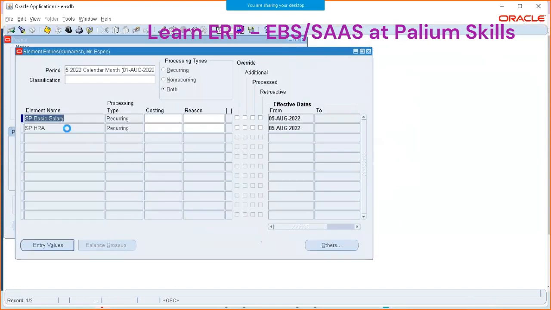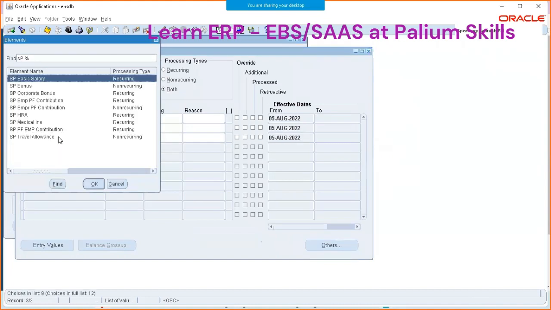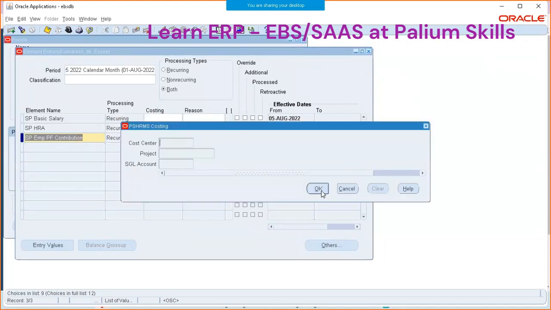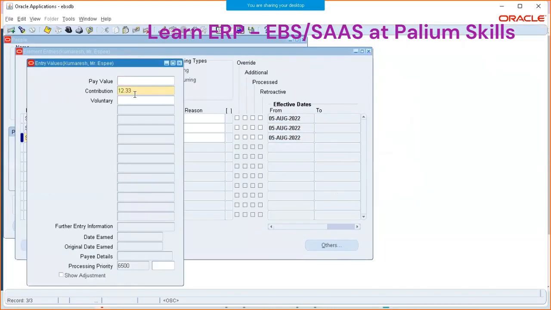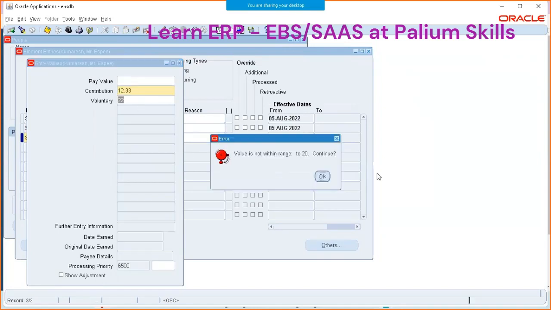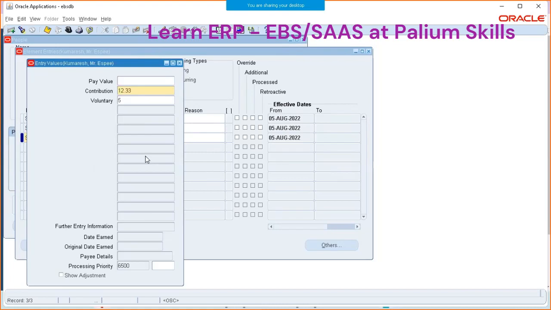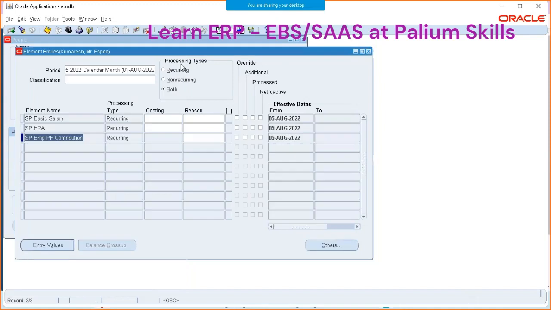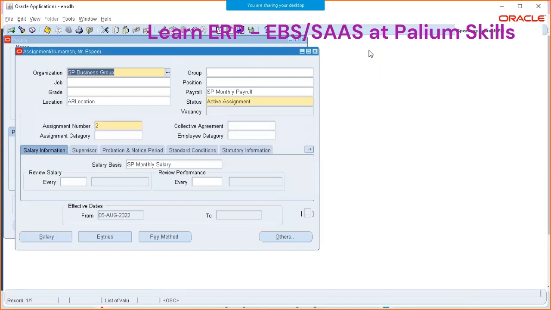So I'll just go and double check. Yes, we have done this. And the SP employee contribution, PF. And under entry values, see this 12.33 is the default, and voluntary we can, let's say, make it 20%. If I try to put anything else, because there is a maximum, system will say it's error. But it can take anything from 5 to 10 to 15 or whatever. All right. Now the next step is